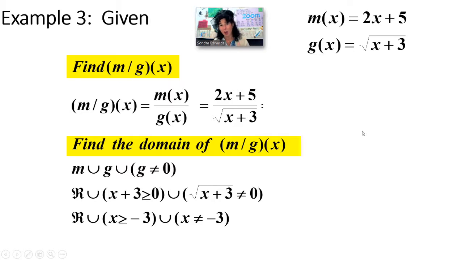So let's combine all that together. The first part says we can use everything, but the second part says no, we can only use negative 3 and larger. But the third piece says no, you may not use negative 3. So now we have to leave out the negative 3. So to make all of those happy,